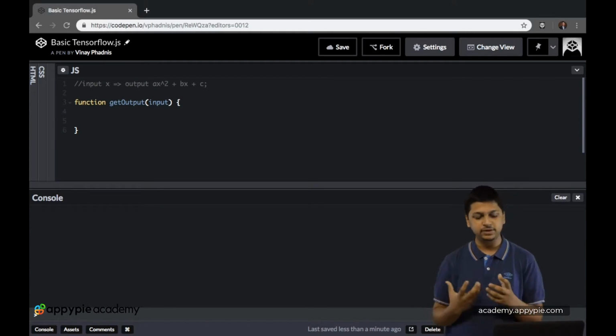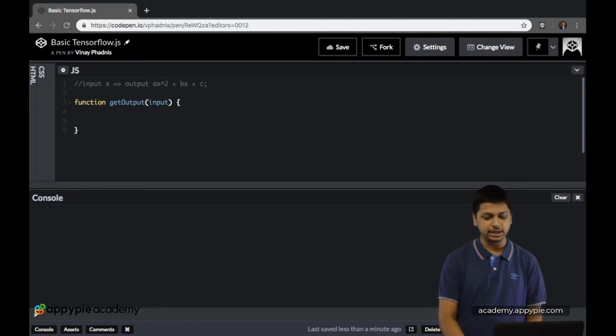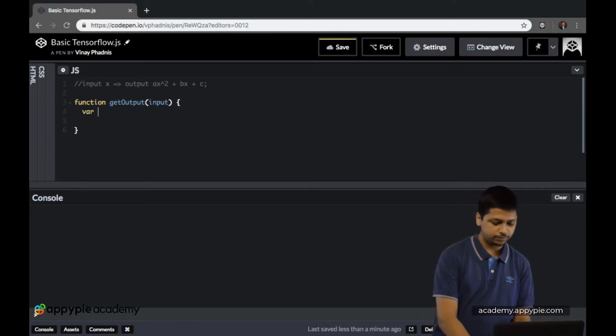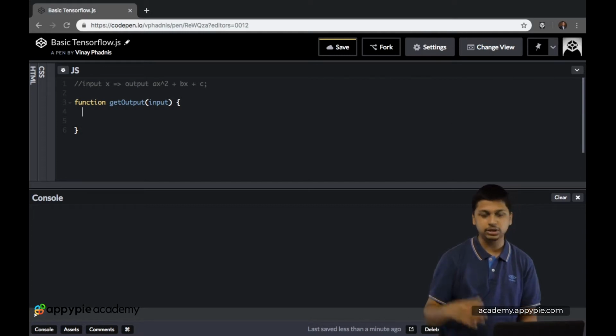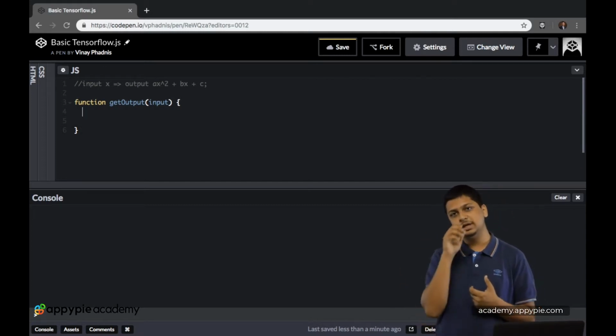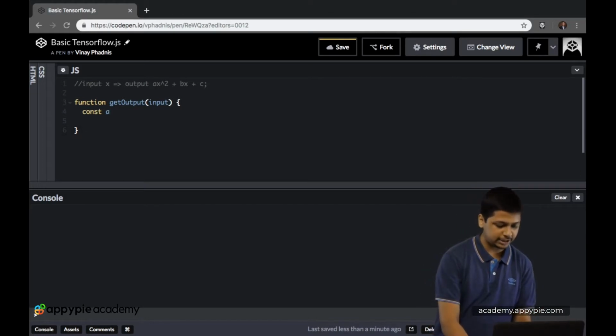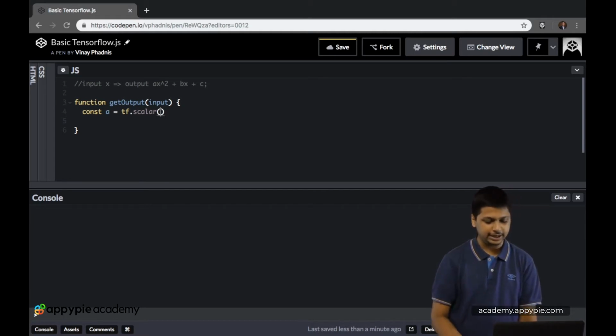Okay, so now the very first thing which we need to do is initialize the variables a, b and c. So now over here var a. Okay, so instead of var you can also use const over here because the value of a is not going to change. So we have const a, and that is equal to tf.scalar, and let's say we want to make it 2.